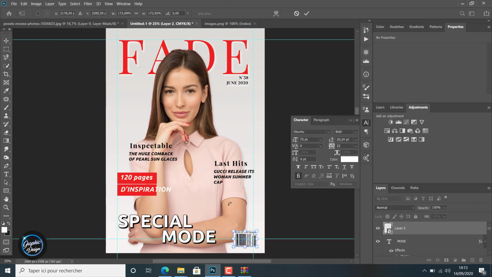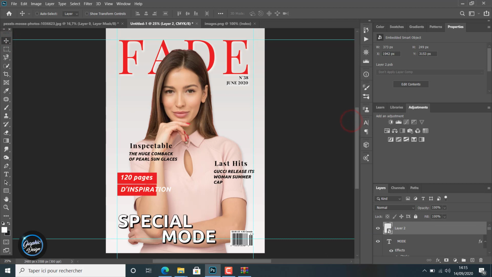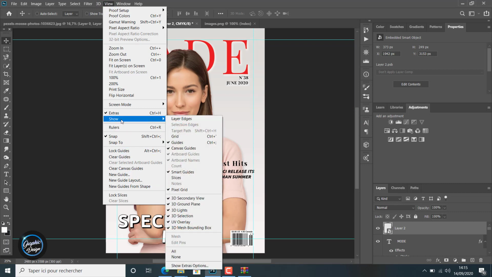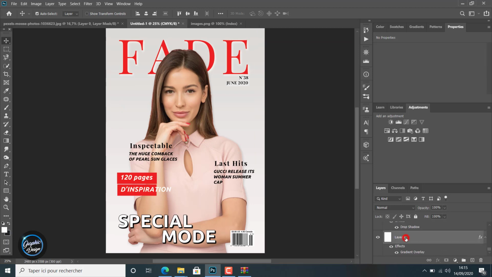So Ctrl T, we resize it, we make it smaller, with a little added width, and with the direction keys from the keyboard or using the move tool we place our layer. So for now we will remove the guidelines because we don't need them anymore,